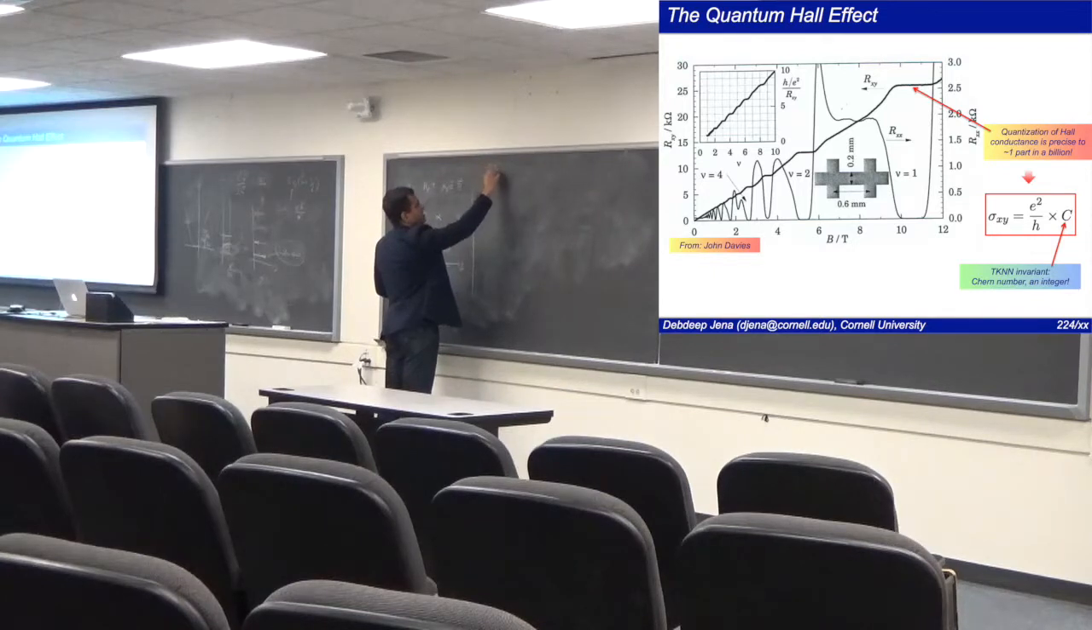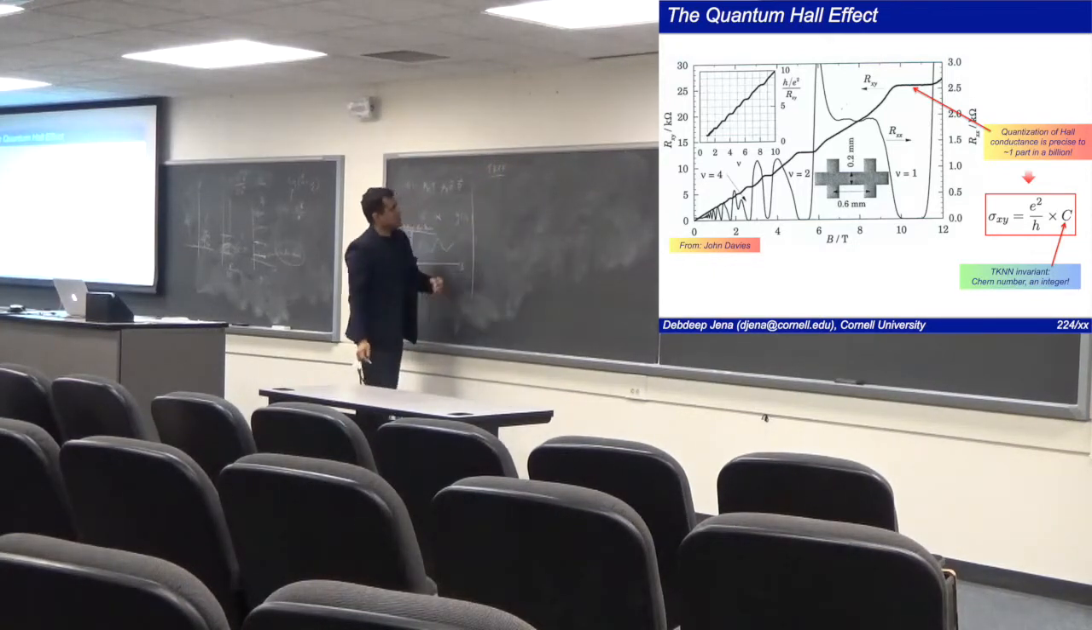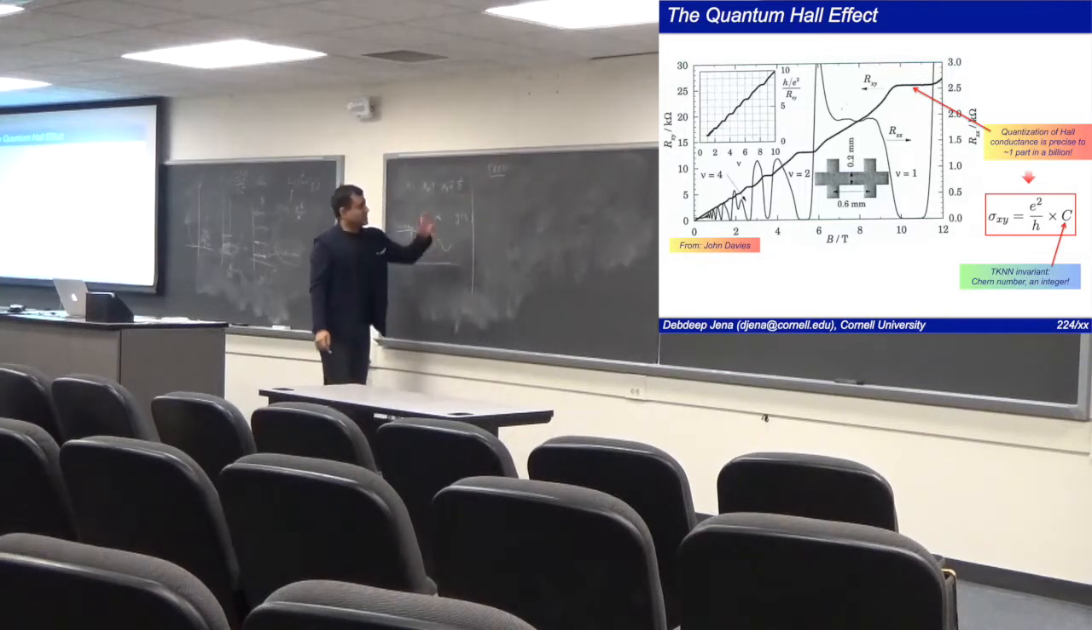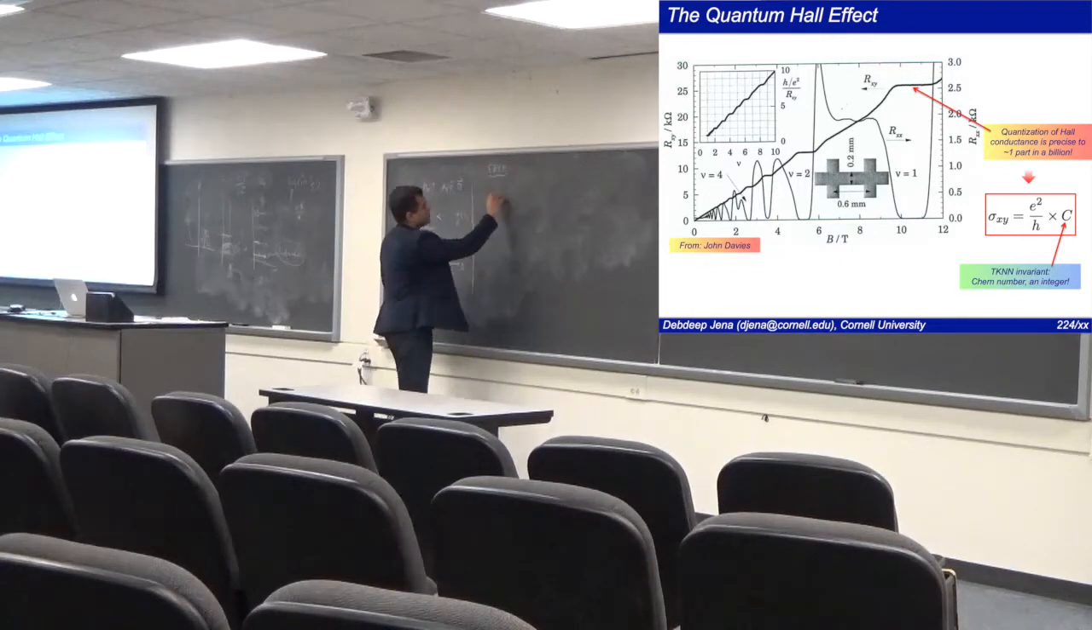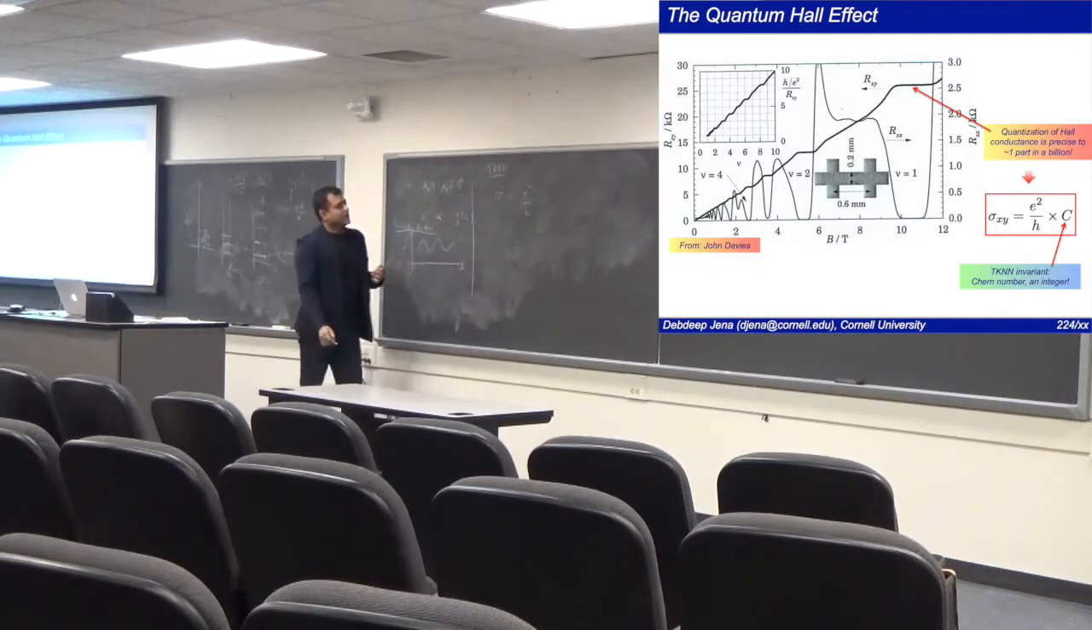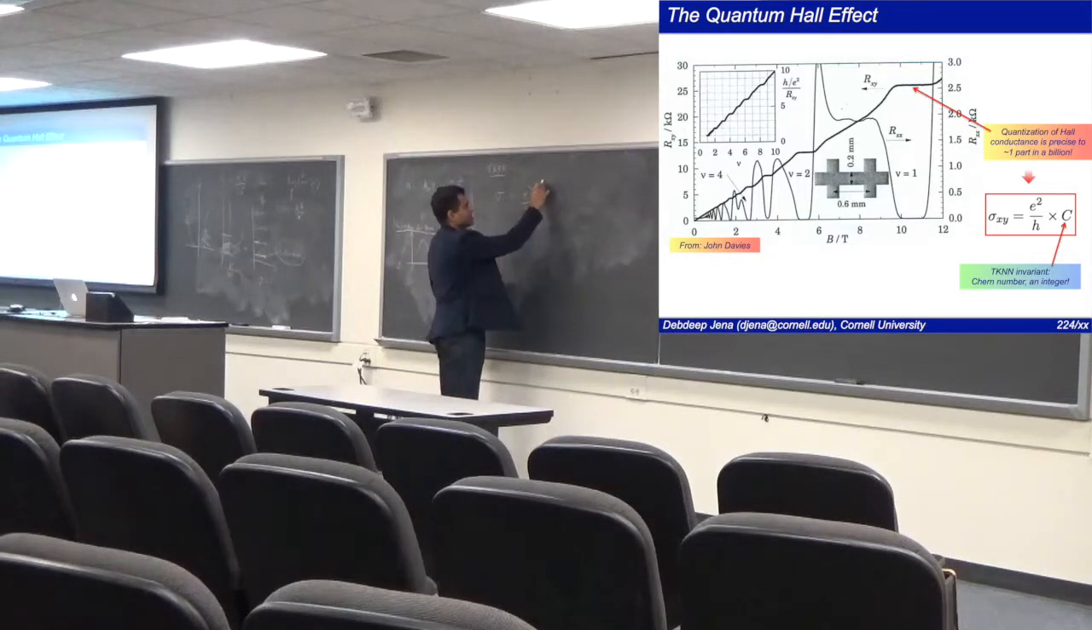So I think it's called the TKNN. David Thouless at Washington and Nightingale. A few people made a very interesting connection to the conductivity, and what they found was the following: that they could write the conductivity as e squared by h times, and this is what we're going to discuss today for the rest of the class, something